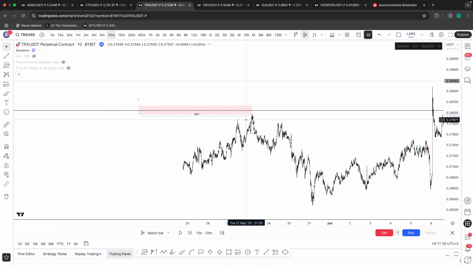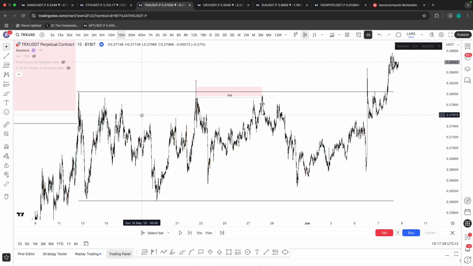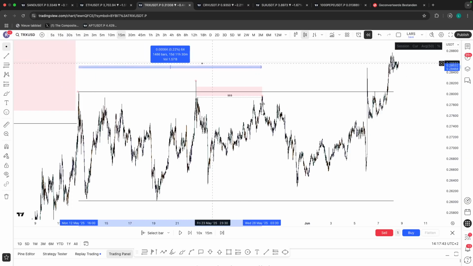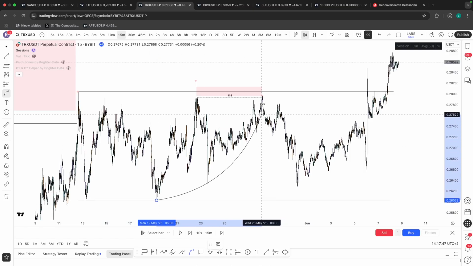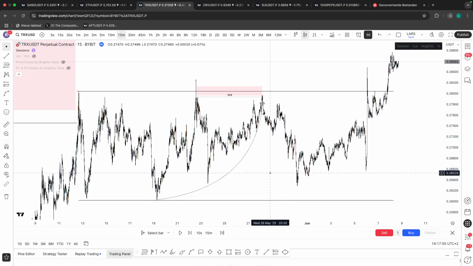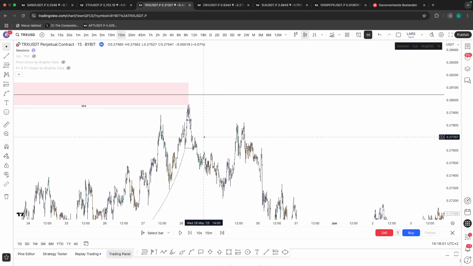Now, besides that, we're meeting all the high probability variables, where the range duration is getting met right here. So from tap 1 to tap 3, we have 15 days. We have a high quality return to zone right there. And we also have a high quality third tap POI. The only thing that we need to watch for is a quality breaker structure and then some proper trade management. Zooming in right here,